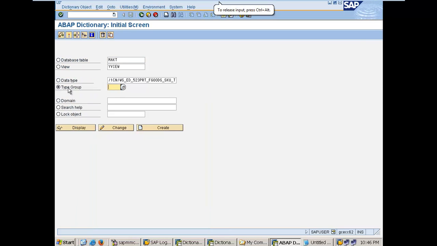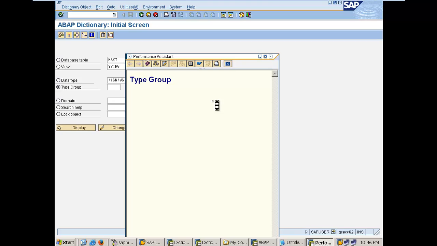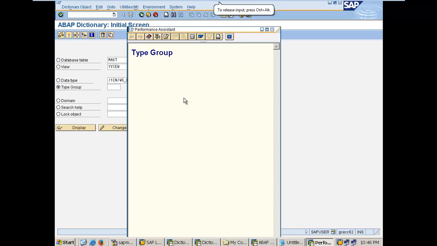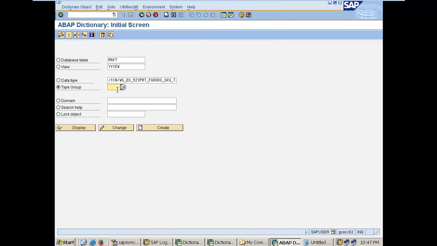First, what you can do, you can come here and then try to hit F1. F1 is basically the help provided by SAP. So in most cases there would be some kind of help available. Here it's not coming because my system is a demo system, so it might not be configured properly. But then type group, let's say I give one type group, let's say SLIS. If I hit on display,